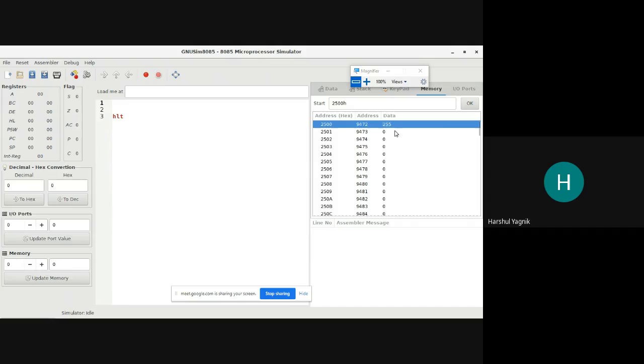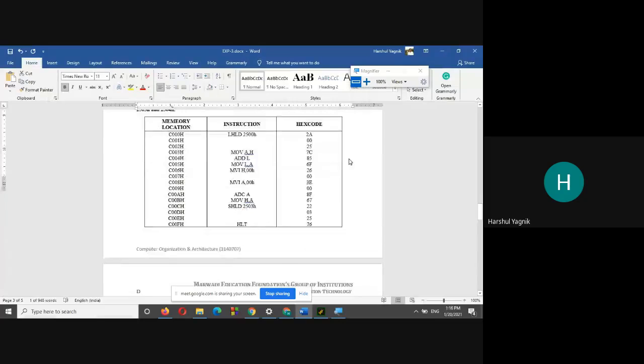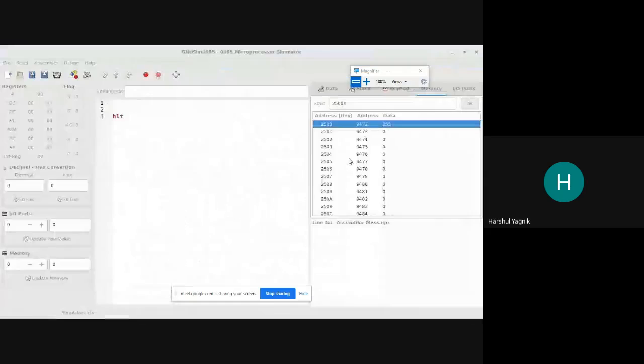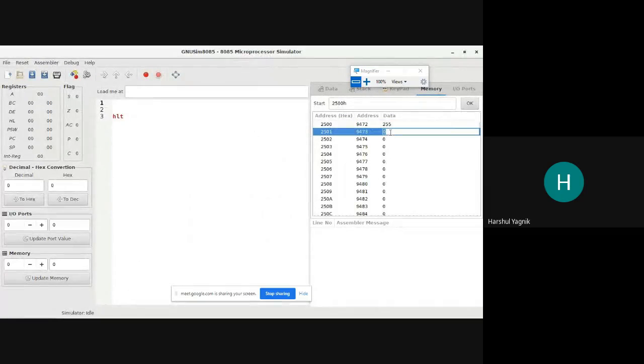And second data, I will keep 05H. Now, these are the contents of 2500 and 2501. This content has to be added.